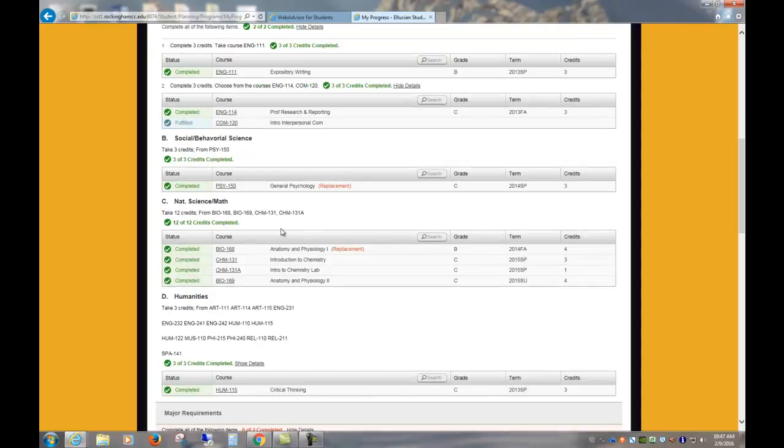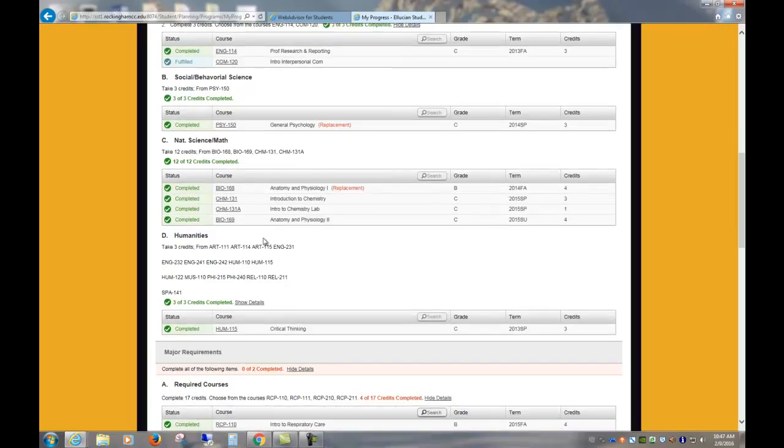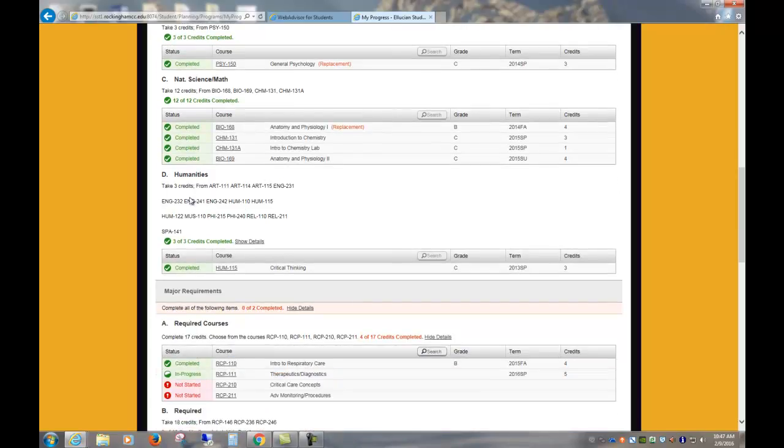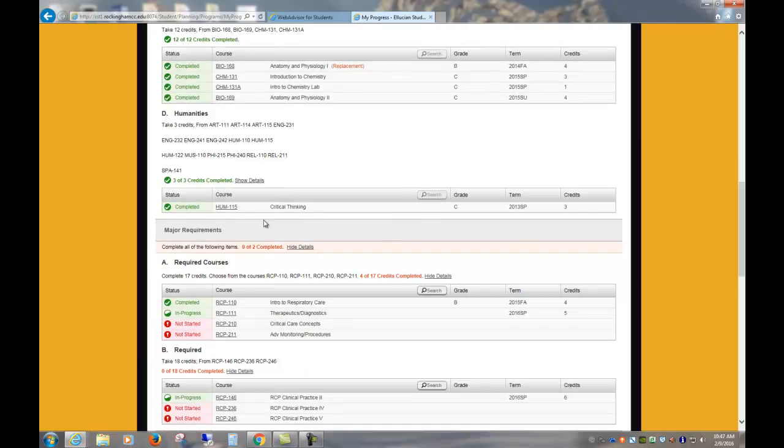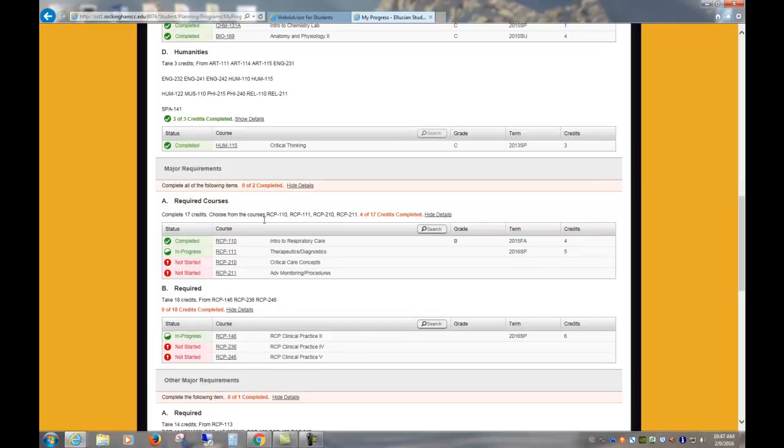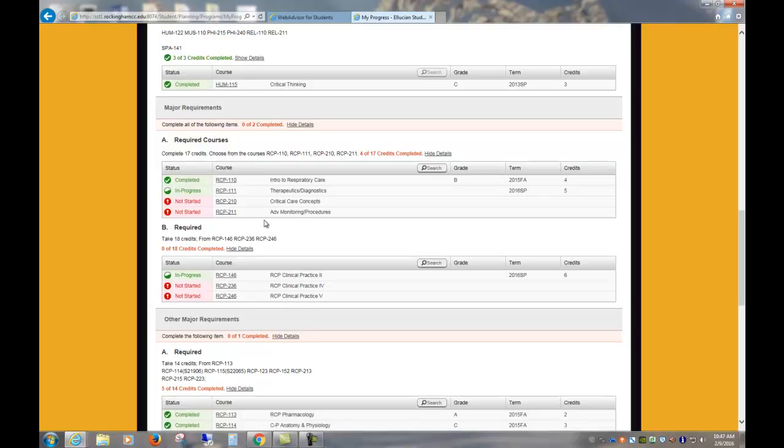The same thing as we move through on our natural sciences, our humanities. You just have to read these areas and then take something from within that group that will meet your requirements. You want to make sure that as you're looking through your program of study that you only take courses that are relevant to your program of study. You don't want to go out and pick courses that will not help you complete your degree in a timely